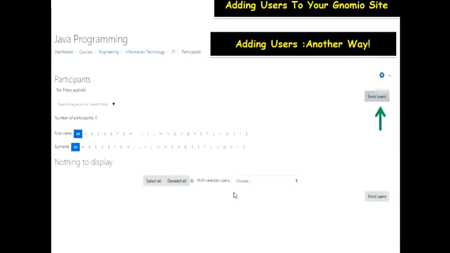So there is another way in which you can also add users if that way was not happening because of some settings issue. Once you click on the course and click on participants, like how I had previously explained, you would get this enroll users button here at the side.